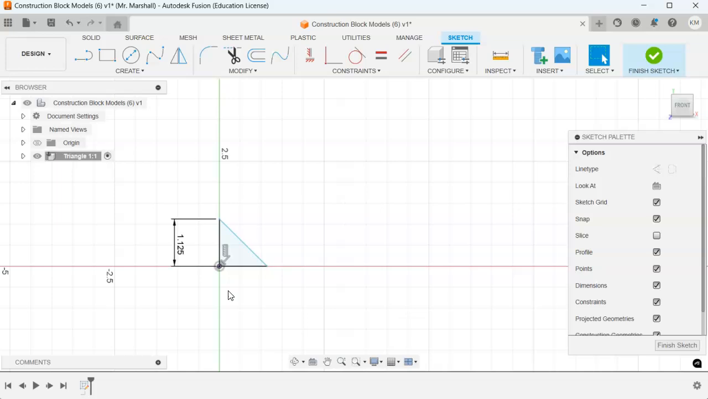I'm going to repeat that again. I'm going to hit escape just to get out of my dimension command and start from the beginning. You don't have to. You can stay in your command and continue dimensioning, but just for the sake of this video, I'm going to escape and then re-access dimension. So I'm going to go to create, sketch dimension. I'm going to move over to the line that I want. I'm going to left click on the line that I want to control. I'm going to choose this line here